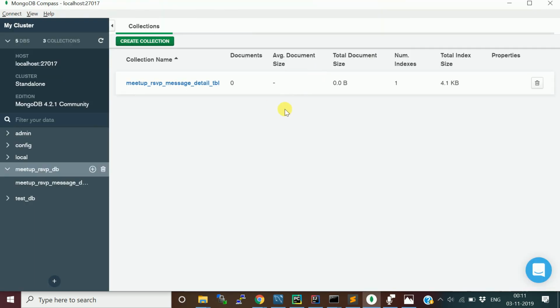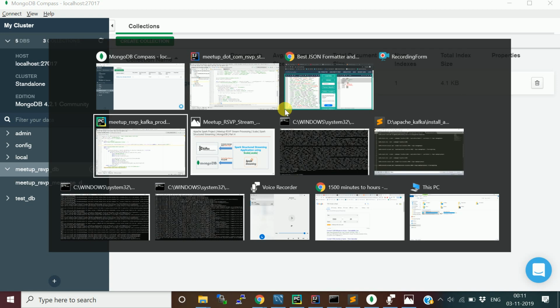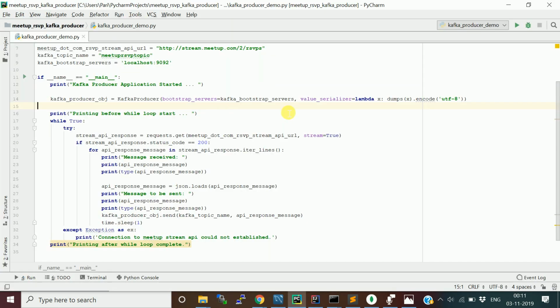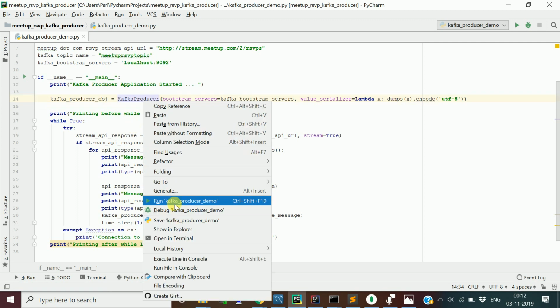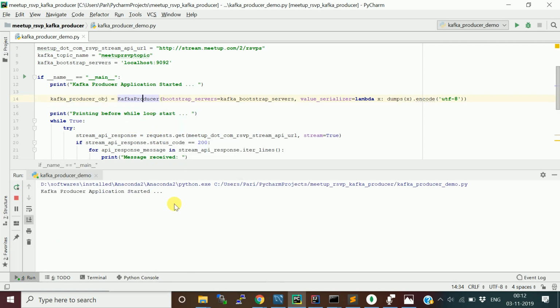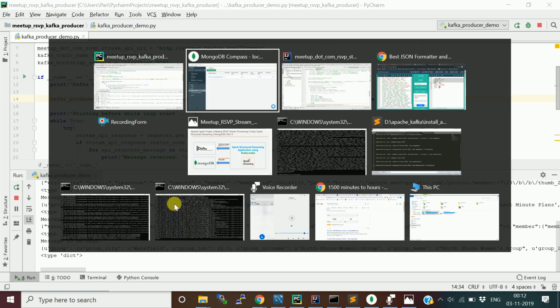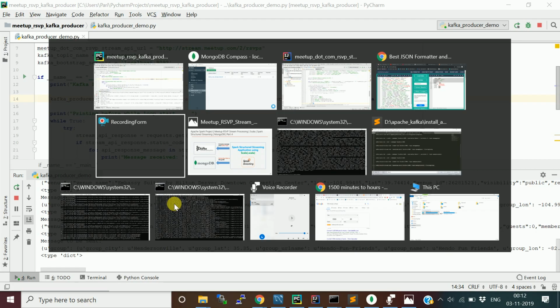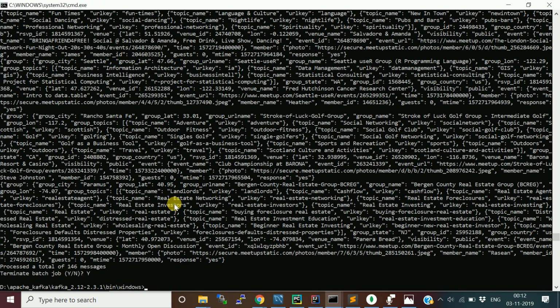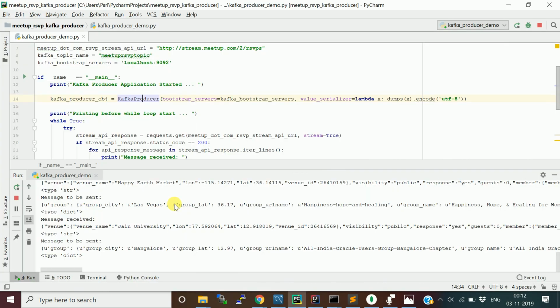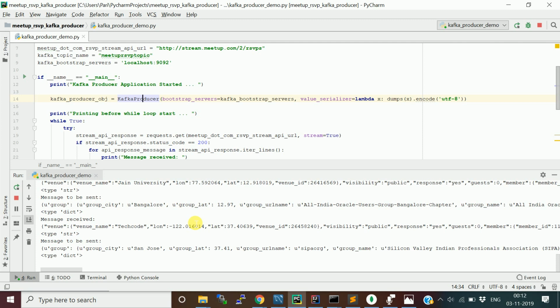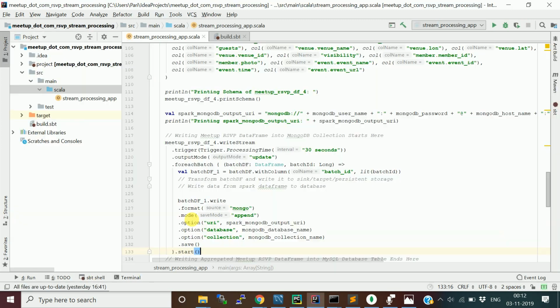We created this MongoDB collection. Now let me run this Kafka producer, which will start publishing the messages. I already stopped the Kafka command line consumer. Now the messages are being pushed to the Kafka topic. Now let's run the